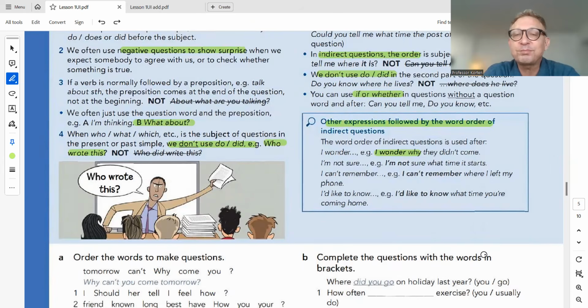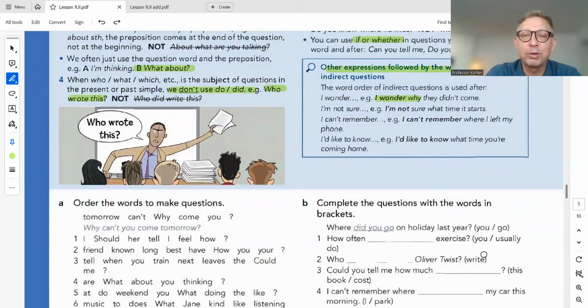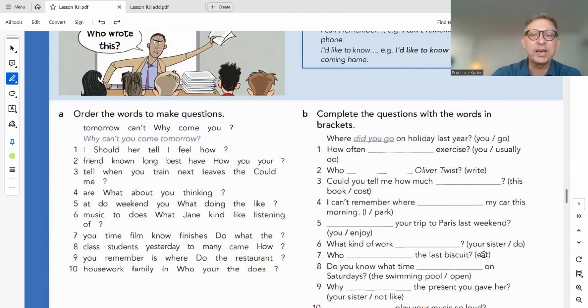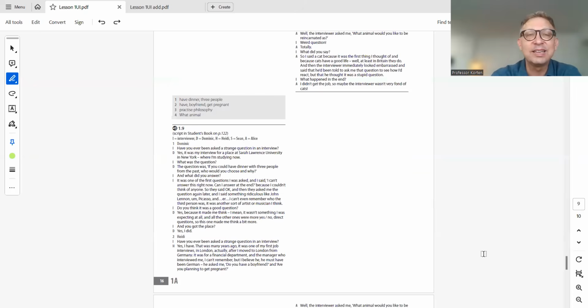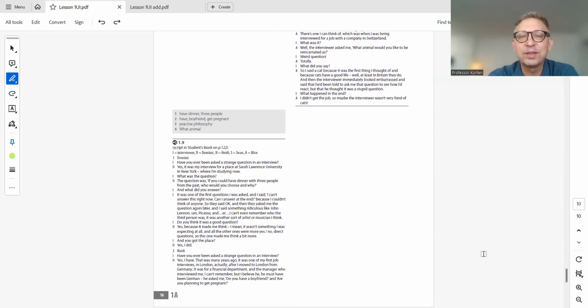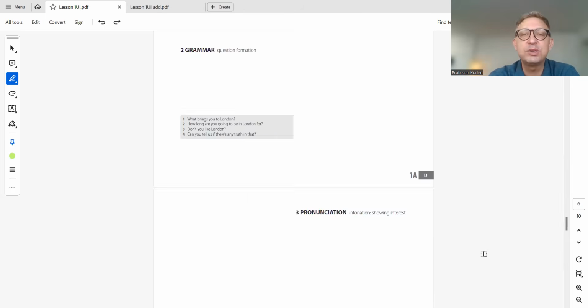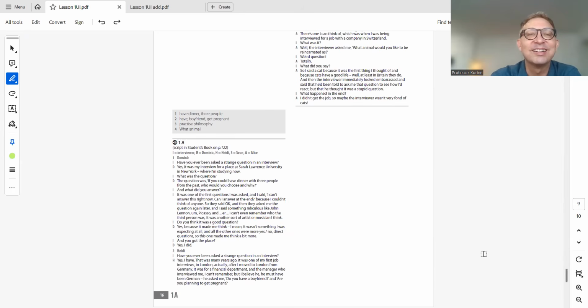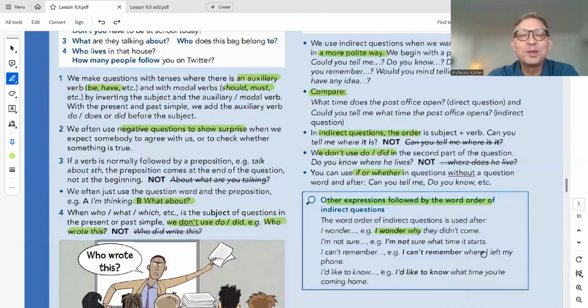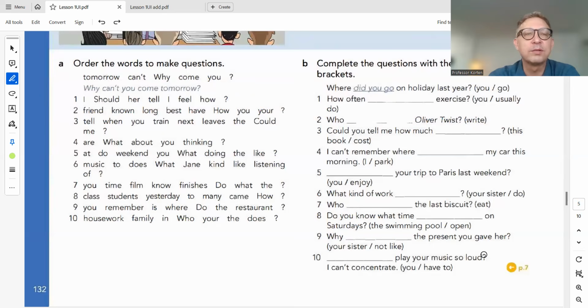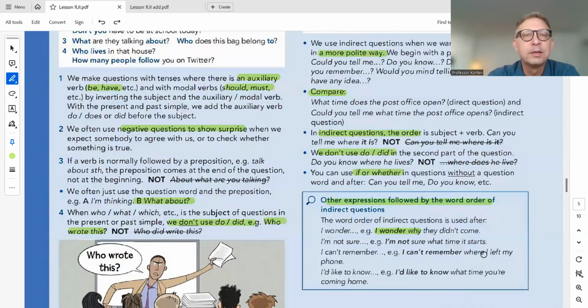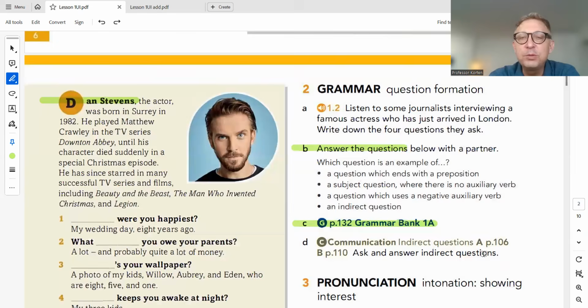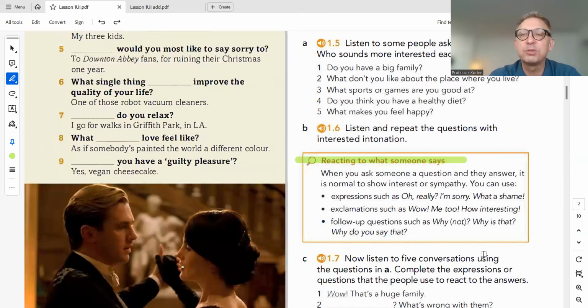All right. You've got homework down below right here, the answers to which are in the teacher's guide, actually, is what this is. And so you'll just have to look for the box, and you'll see it probably way at the end, I imagine. I think it's right down below. All right, so that is homework for you, 1A and B. Now we're going to go back up and talk about a few more other things. Pronunciation, I think, is really interesting.